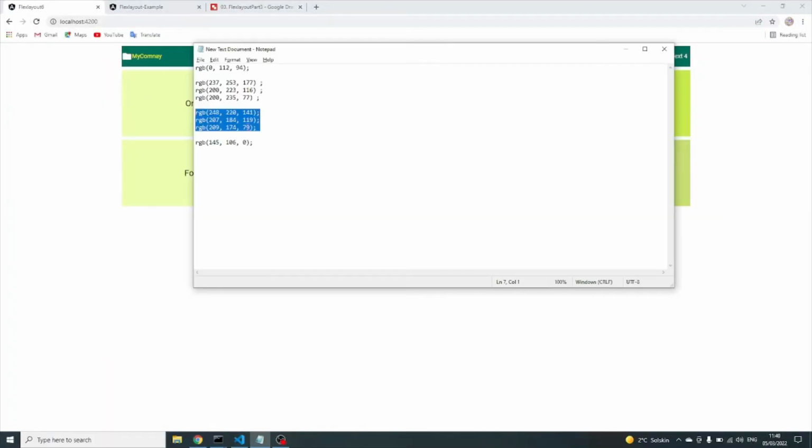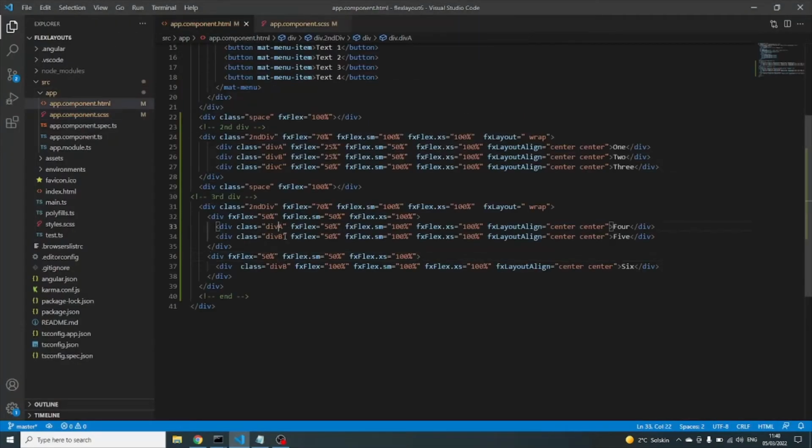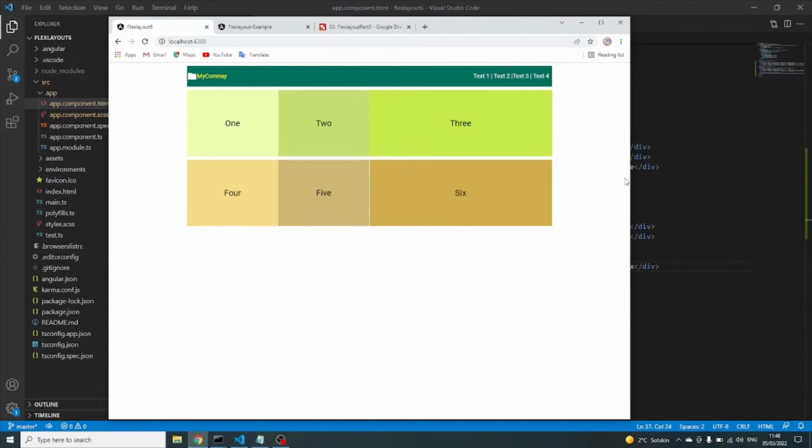What I did, I changed the color now. Yes, I changed the color, but I didn't change here. So this is now D, this is E and F. Okay, now we have different colors, so we can observe the behavior very clearly. Okay, that's fine for the normal screen. What about the